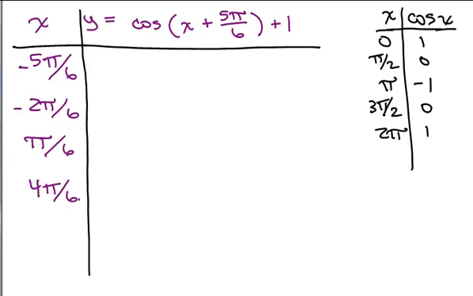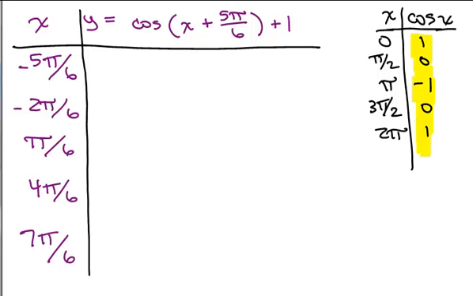And if we add 3 pi over 6 one more time, we have 7 pi over 6. So those are going to be our x coordinates. And this was the function we're graphing, right? Y equals the cosine of x plus 5 pi over 6 plus 1. So my y value is going to be what? Well, it's the cosine of what's in parentheses here, which all we need to do is remember these key